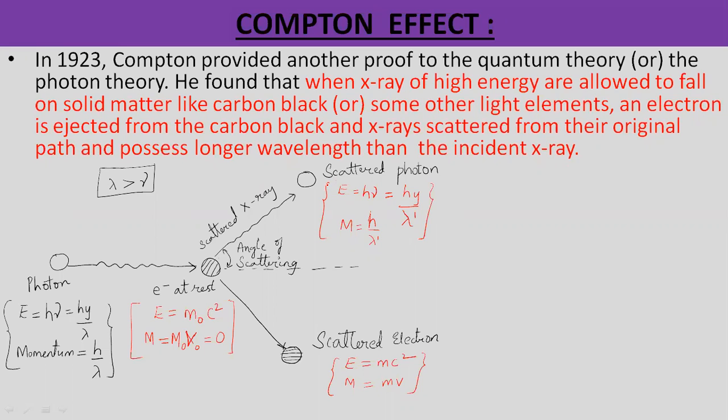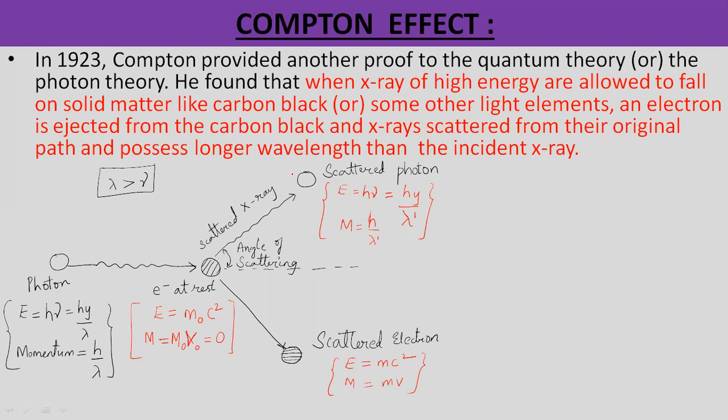Today we discuss the Compton effect, which is in the chapter Atomic Structure and Elementary Quantum Mechanics. Compton is the name of a scientist. He introduced this effect or theory in the year 1923, and this theory is based on the quantum theory or the photon theory. Already we had discussed the quantum theory in the previous classes, right, where we have